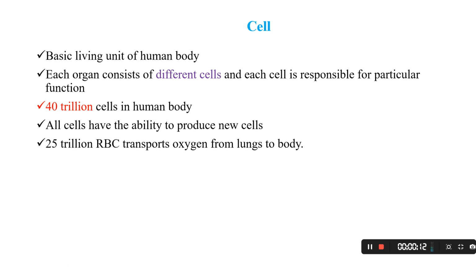Our body is made up of cells. The cell is the basic living unit of the human body. Our body consists of various types of cells, and each and every cell is responsible for a particular function. 40 trillion cells are present in the human body. Among these, 25 trillion are RBCs, which transport oxygen from the lungs to the body, and all the cells have the ability to produce